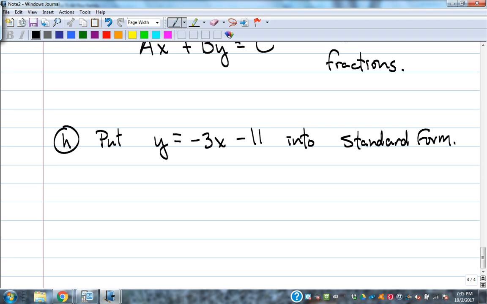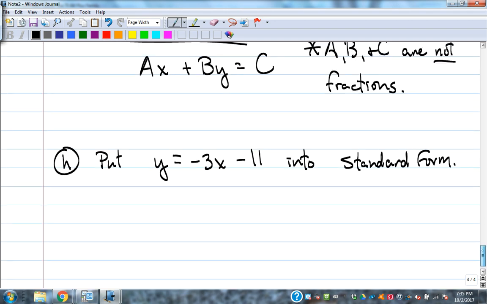How do I get it in standard form? Remember, standard form gets x and y on the same side. So if I want x and y on the same side, y's over here. This side has got x and another number. I need to get rid of this guy, right? How do I move him over there? Add it to the other side, right? So if I add 3x,